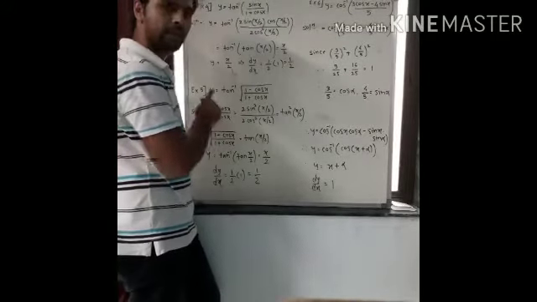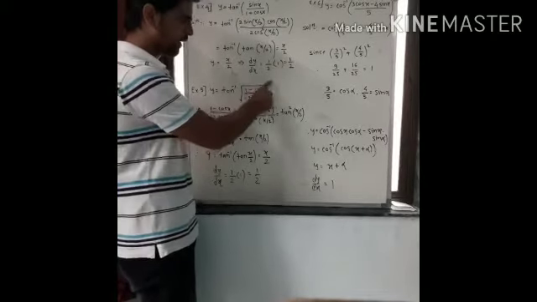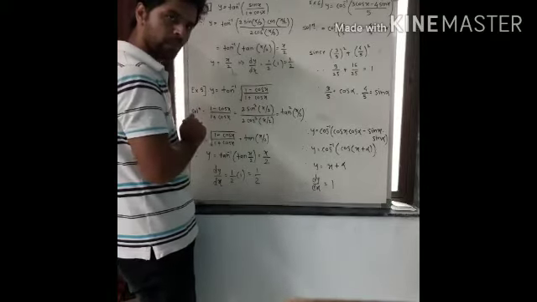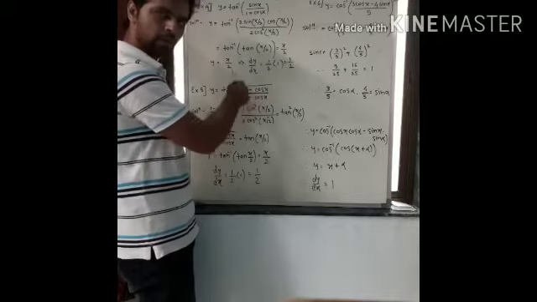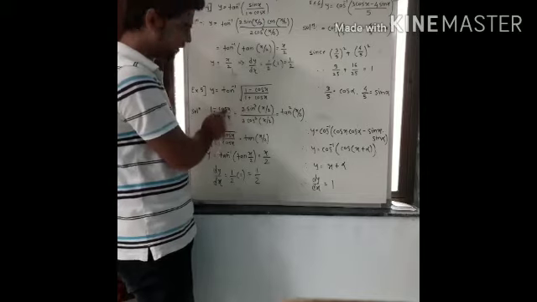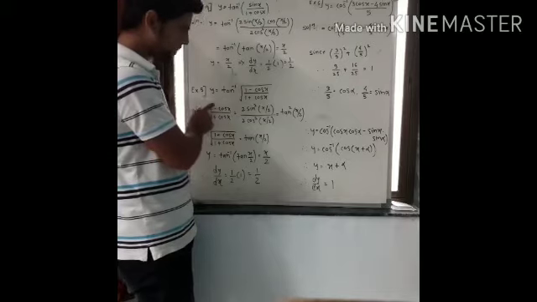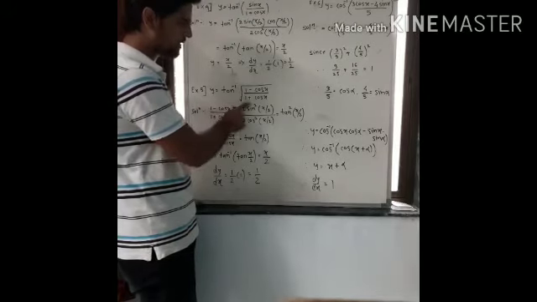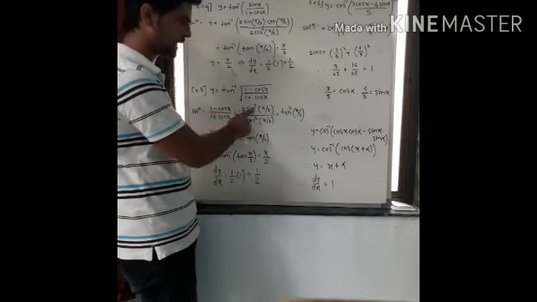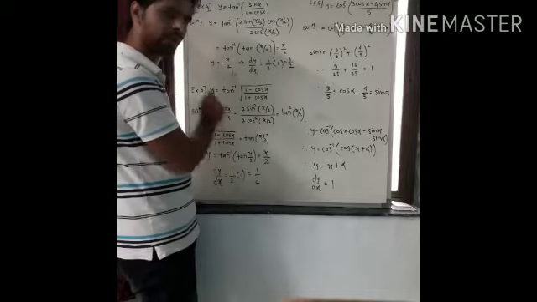Now similarly, the next sum, y equal to tan inverse under root 1 minus cos x upon 1 plus cos x. We redefine this root function. So 1 minus cos x upon 1 plus cos x we will write here. We have different formulas for both the terms. The formula for 1 minus cos x is 2 sin square x by 2. And the formula for 1 plus cos x is 2 cos square x by 2, right?